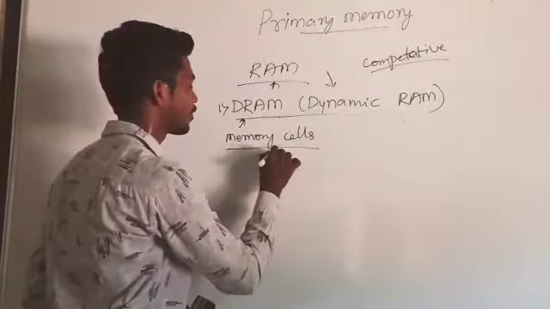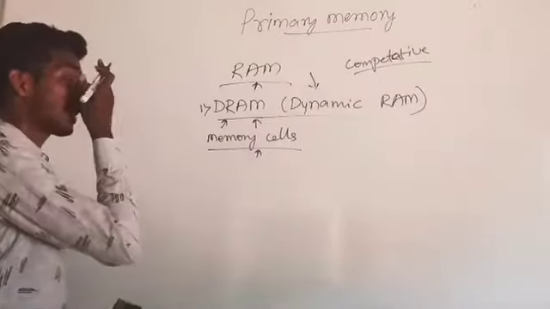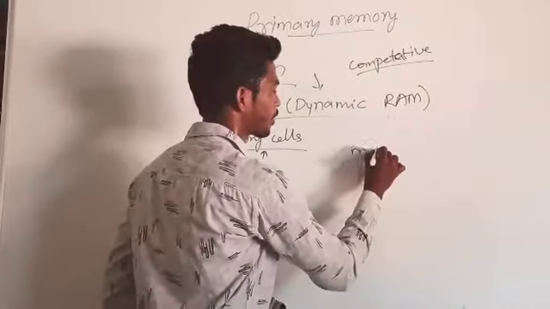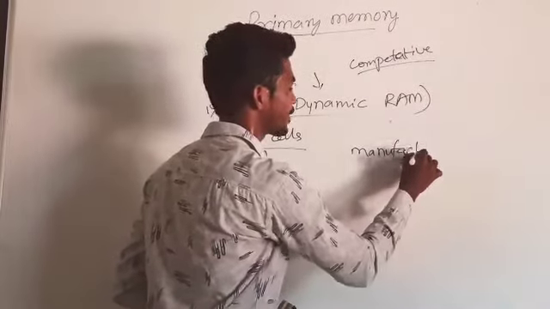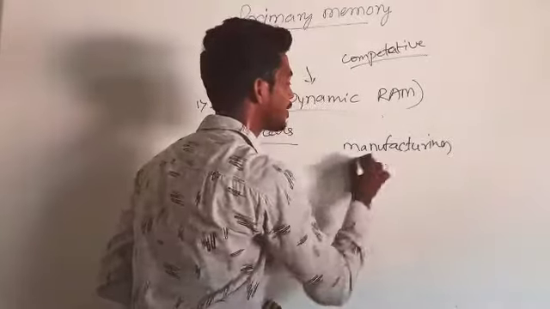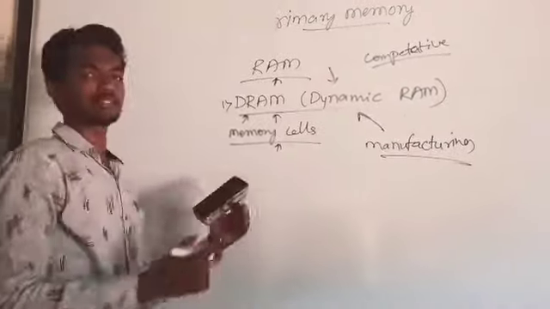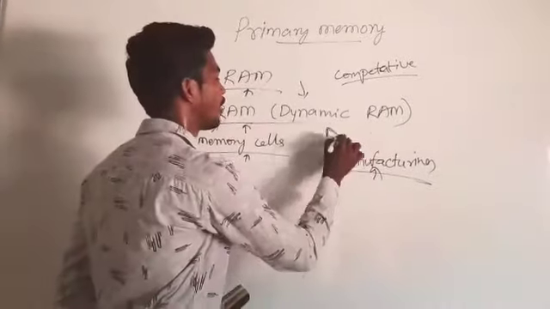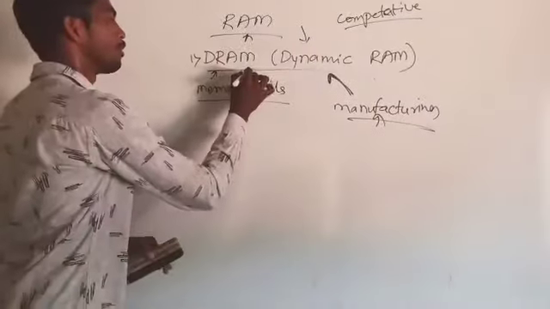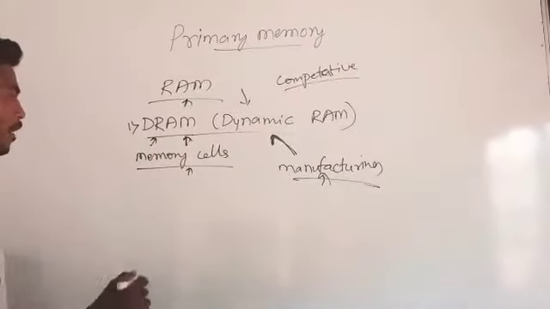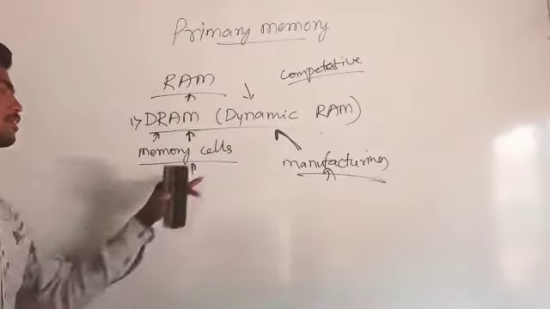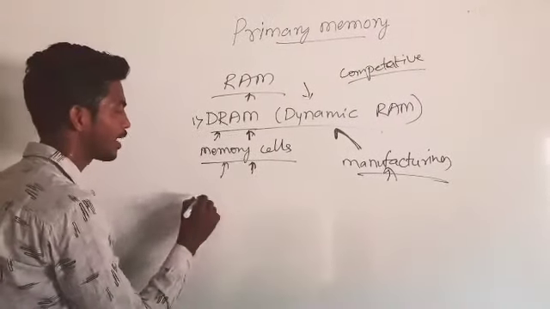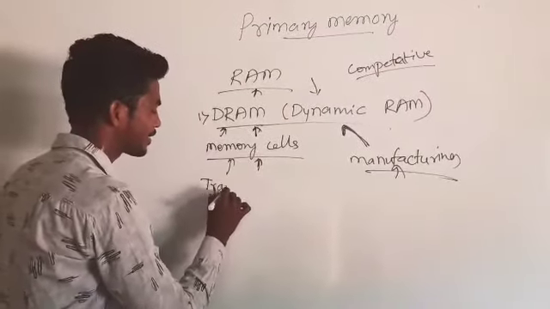A collection of memory cells is called a RAM, and depending upon the manufacturing components, we divide these into different types of RAMs. Based on manufacturing, we divide the different types of RAMs. First one, DRAM is made up of a number of memory cells, and these memory cells consist of transistors